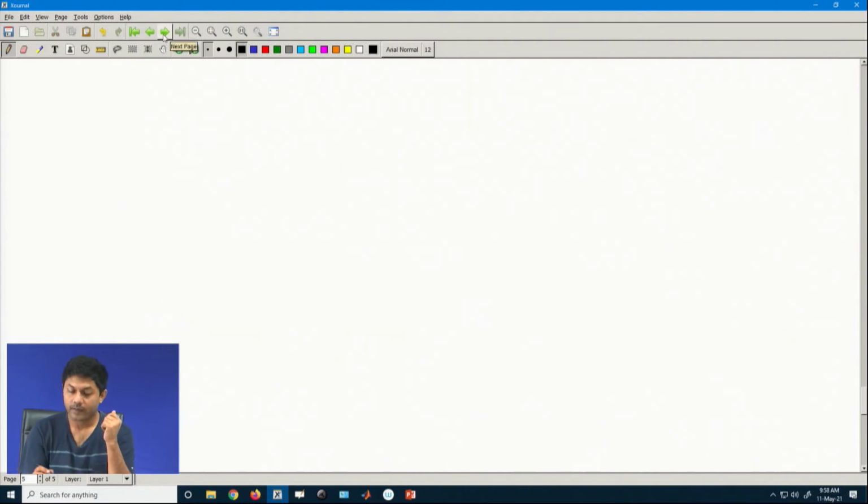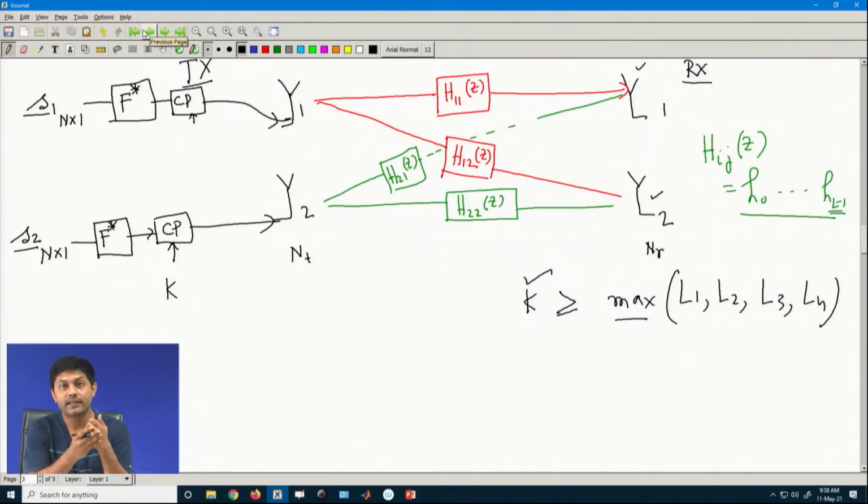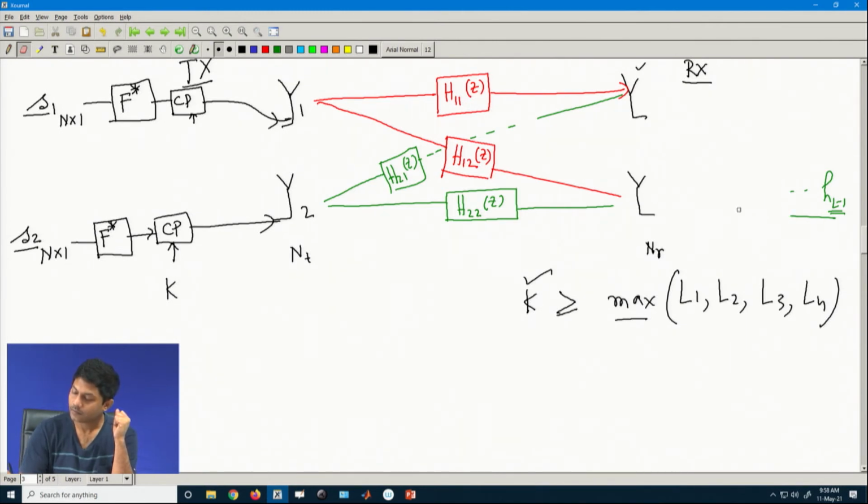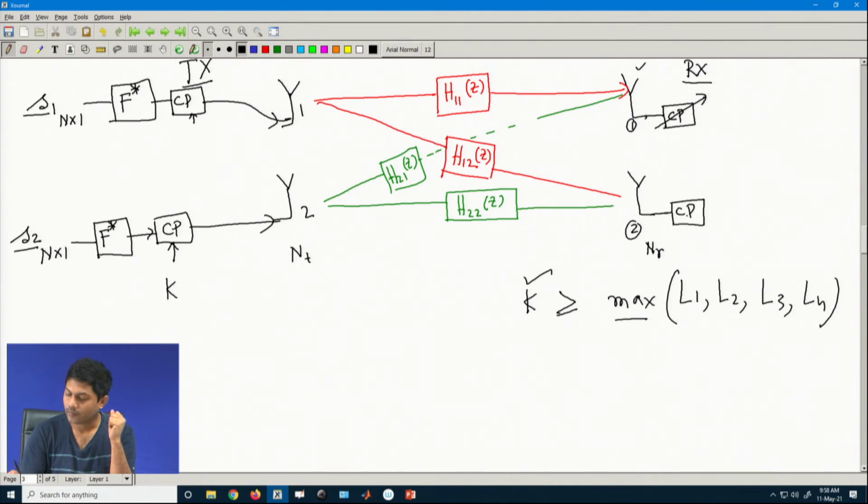So, in this diagram, when I go for the receiver, what I need to do? I receive individual data at every receive antenna and then I discard the CP. So, which means that in this diagram, let us remove this part. Okay. So, this is my antenna number 1, this is my antenna number 2. The first thing I do at each is discard the CP. Here also I discard the CP. What I receive? Z1 vector, here I receive Z2 vector.